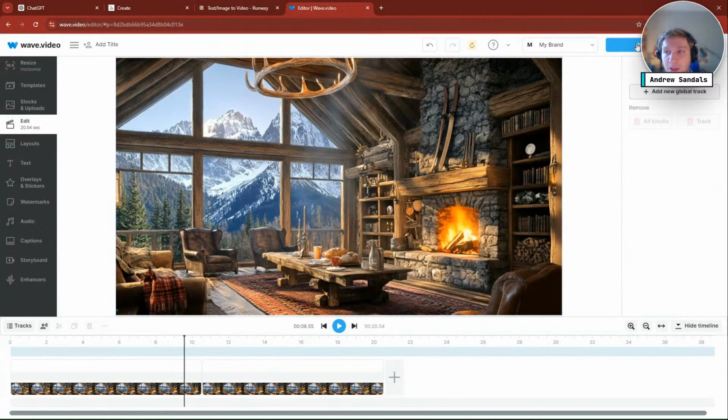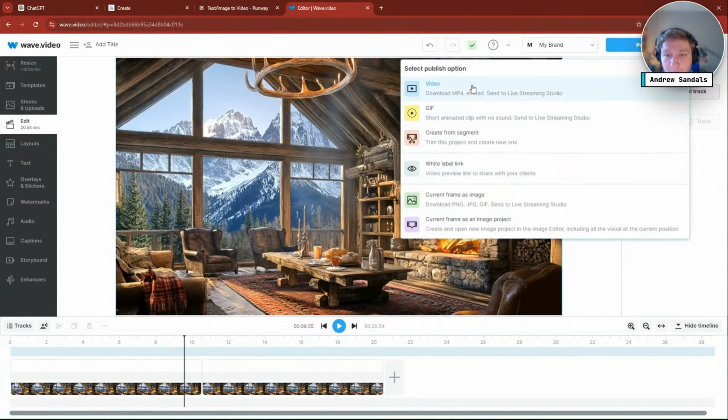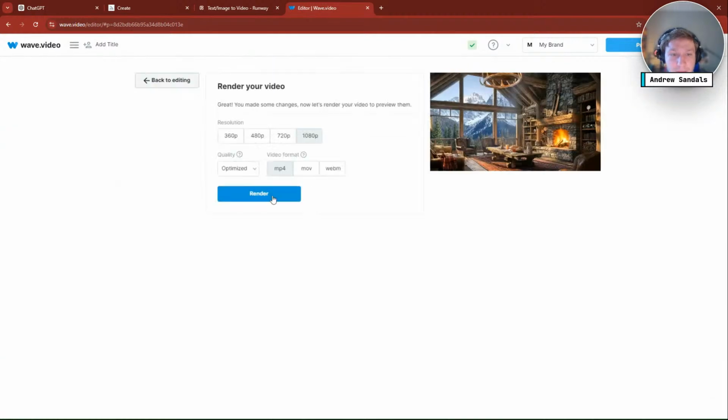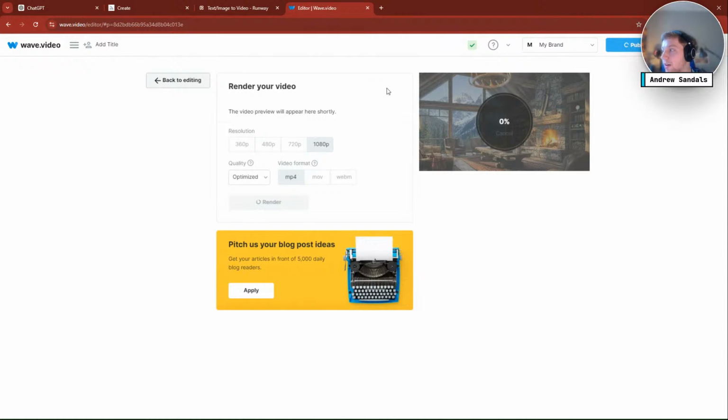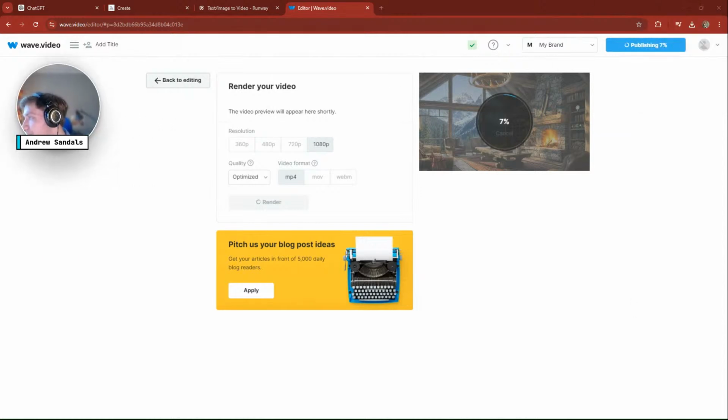So I'm going to publish this. I'm going to show you guys how this works on my actual screen here. Oh, I missed the publish button. Yeah, it was blocking the button a little bit. Up here in the top right, there's the publish button. So we're going to wait for Wave to load that. And from there, I'm going to show you guys on my screen what it looks like